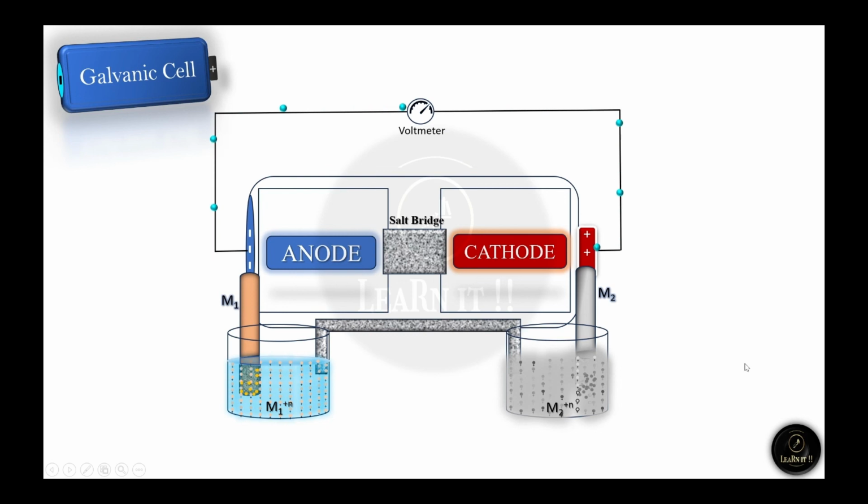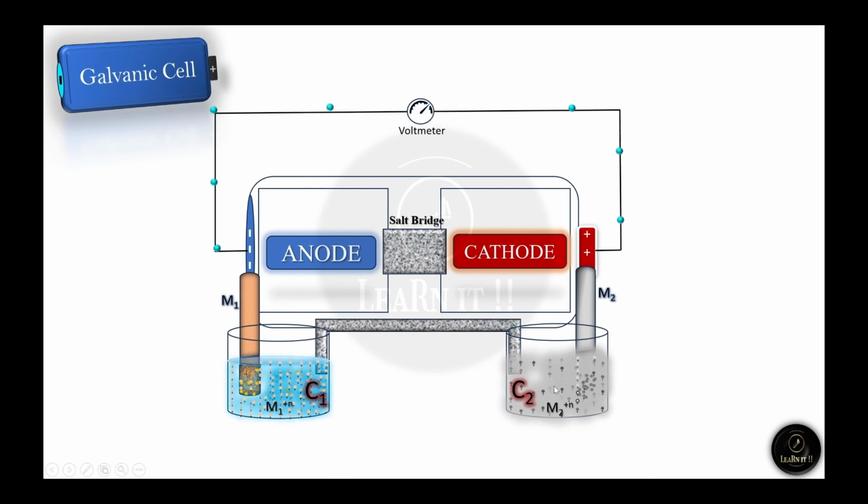As the reaction proceeds, there is oxidation at the anode and reduction at the cathode. At the anode the concentration increases and the electrode material decreases. At the cathode, electrolyte material is deposited, so the electrode material increases. Before, both had 1 molar concentration, but because of oxidation the concentration at the anode increases, called C1, while at the cathode the concentration